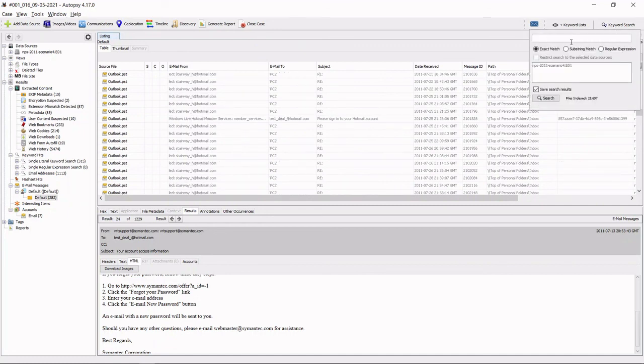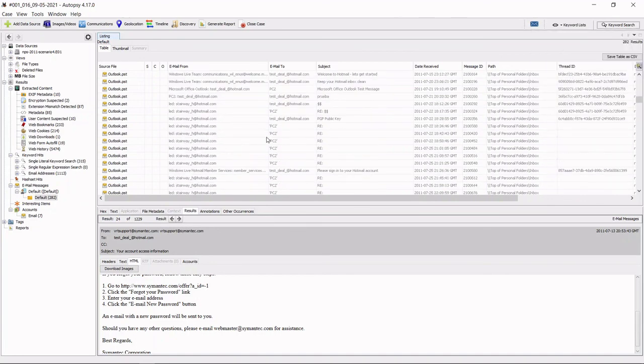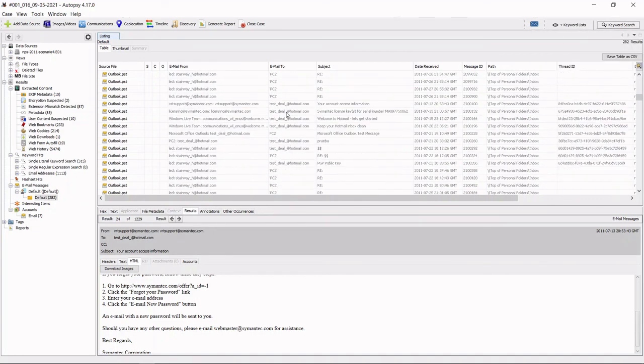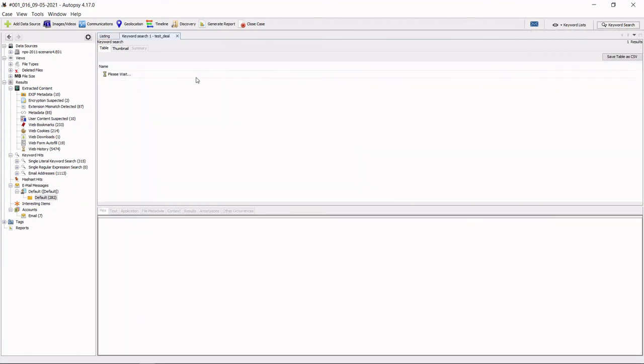We can make use of the keyword search. As I said, test.deal was coming up most of the time, so we can search that. Here I'm using the substring match, so let's run it. Let's see what pops up.